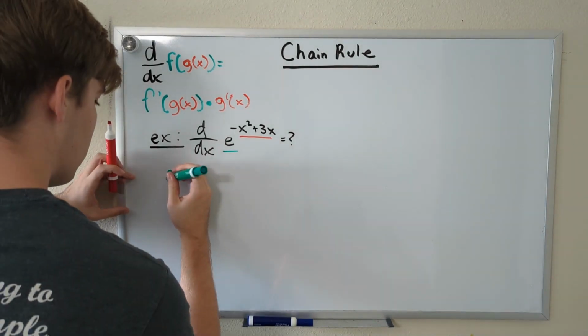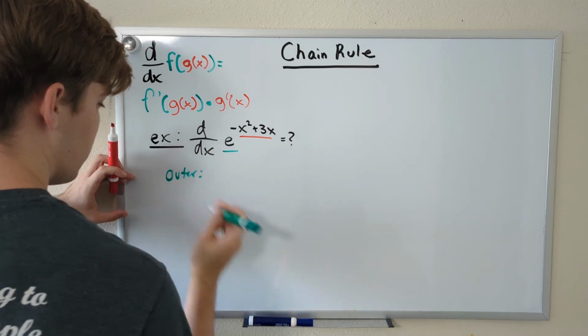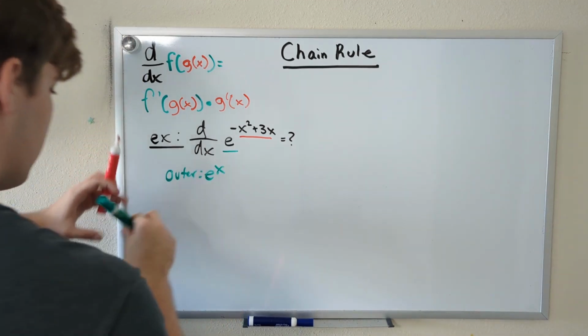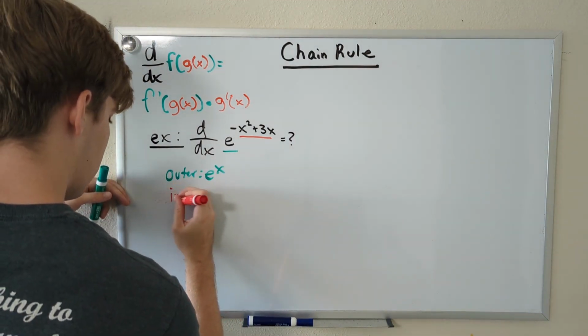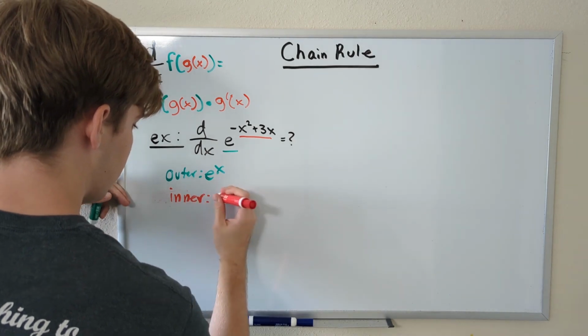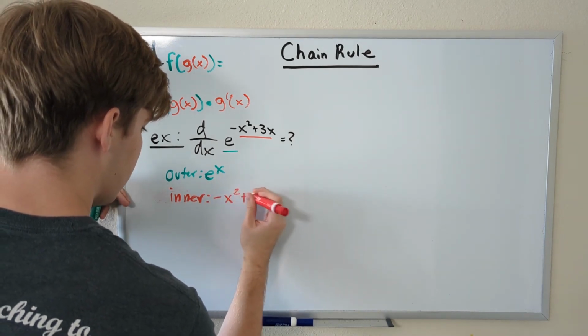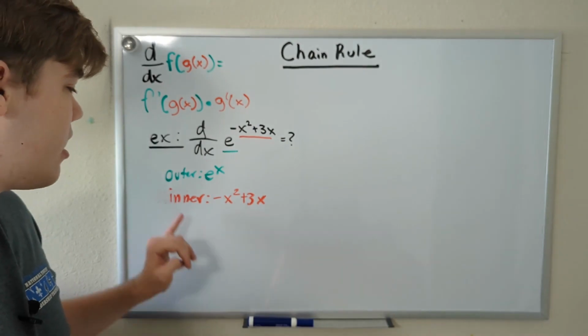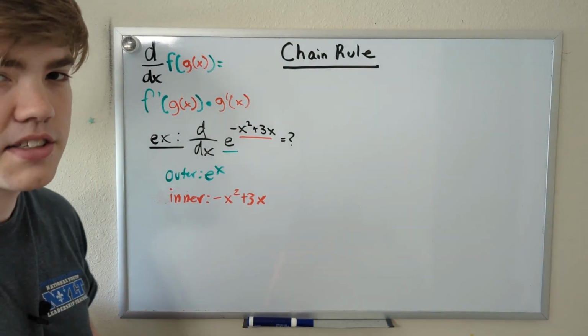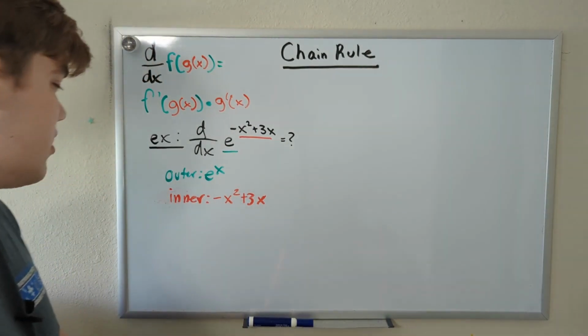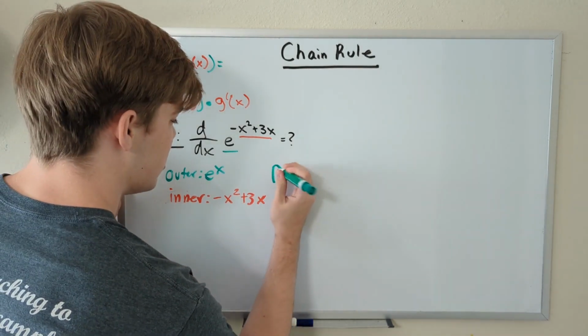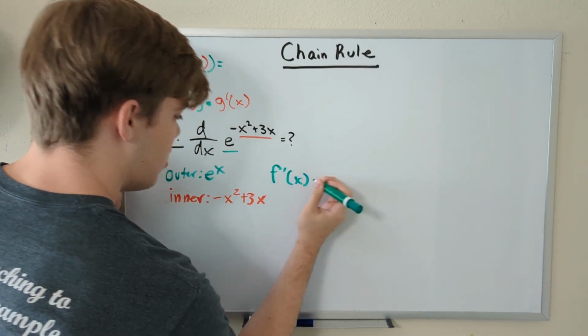Our outer function is equal to e to the x, and our inner function is equal to negative x squared plus 3x. Knowing this, we can now find the derivative of each of these and then plug it into the chain rule once again. First of all, f prime of x, in other words the derivative of the outer function, is equal